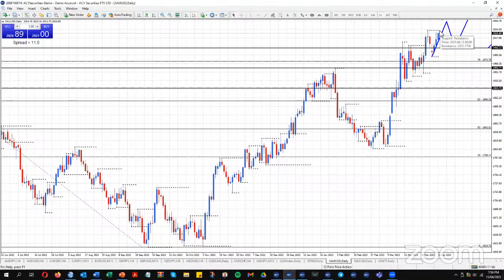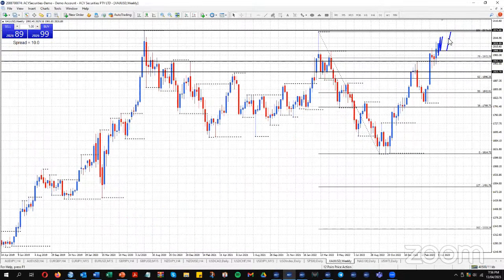This is 3 days up now from its last pullback, so it's not the best place just to buy. You want to buy a dip, so it would be nice to see a dip in that form if it could come around. We are obviously getting up here at very high prices on gold. So a lot of things that are moving up at the moment are getting to very high prices.